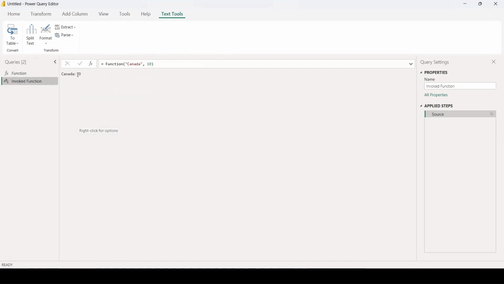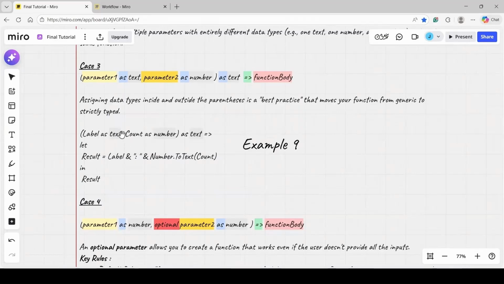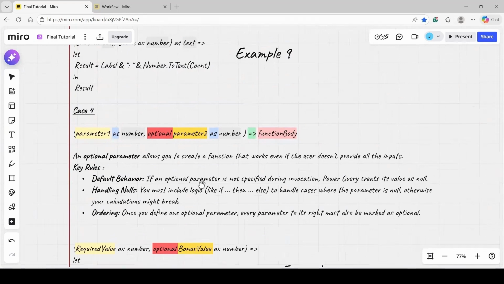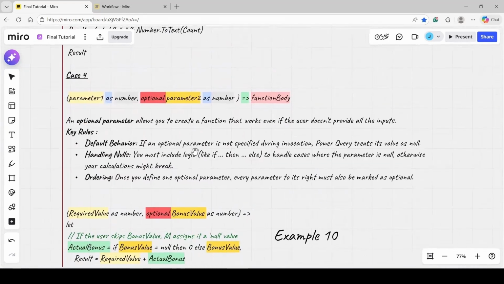And the output will be Canada 2 points, space, and 10. So we go back. We move to case 4. In this case, we have everything, still 2 parameters. We also have data type